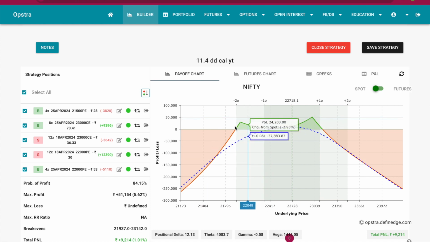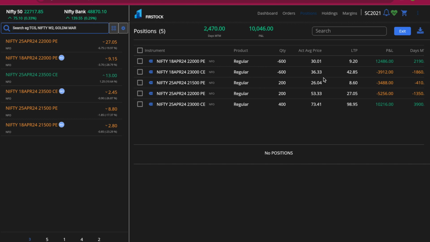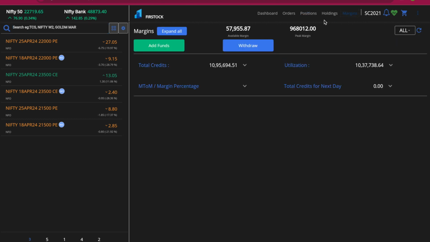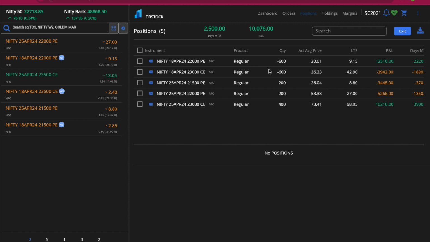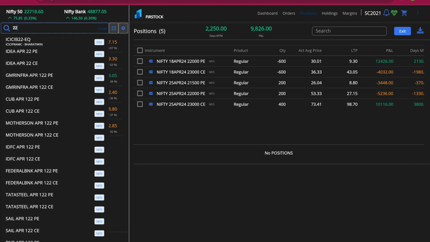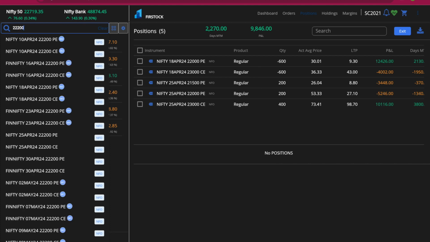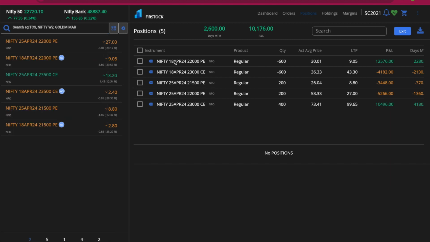Okay, so what we can do, we can probably increase the risk factor over here, but for increasing the risk factor, what I see is that margins don't permit us. The margins are only 57,000 and they don't permit us. So somehow we will have to spread this 22,000 into 22,200. We have to move forward. We'll go for the Nifty PE of 18th April. I've just added it over here. India VIX is falling badly,